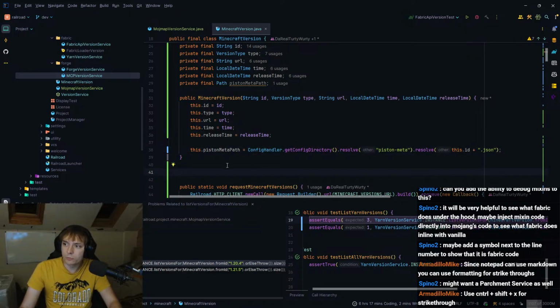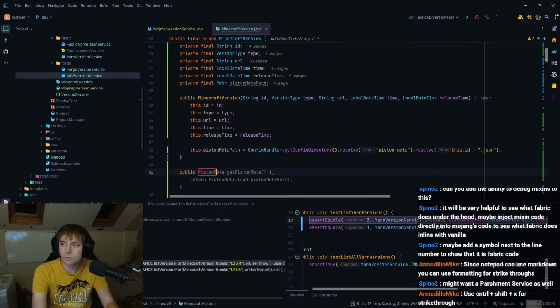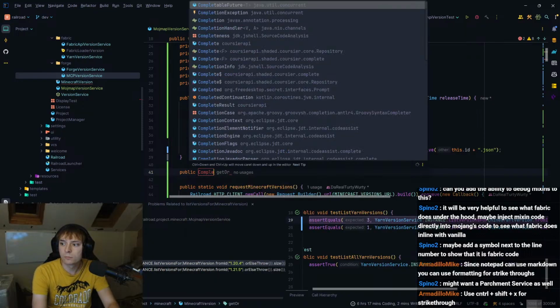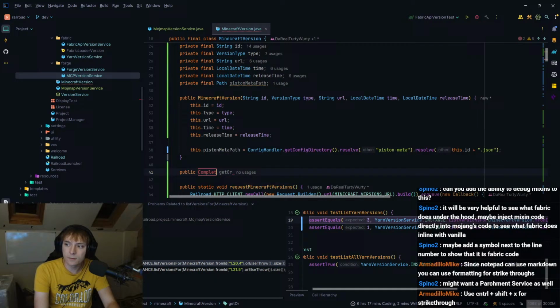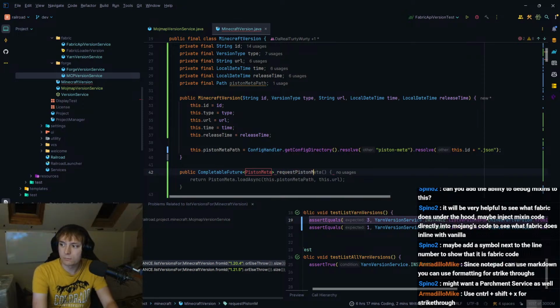Okay, and then what we will do is we will just do public piston meta get or let's do a completable. Let's try and make some things async. I think if we're writing things, we should try and make things async as much as possible. So what we'll do is we'll do a completable future of a piston meta, which will be request piston meta.